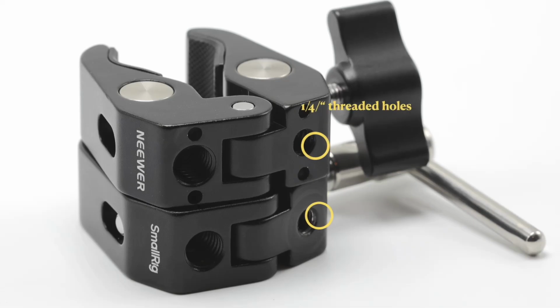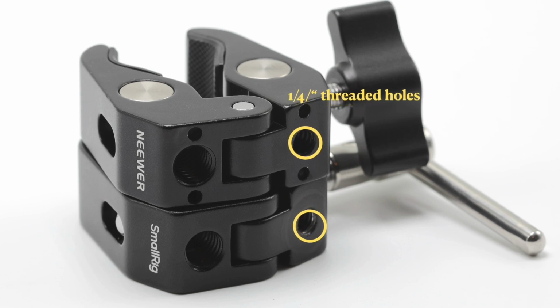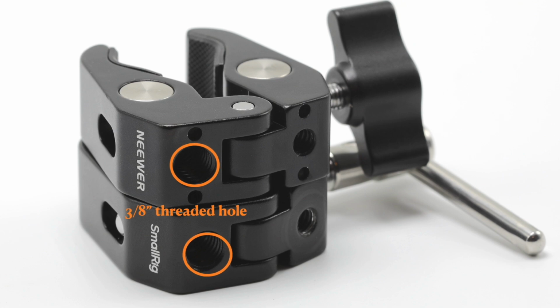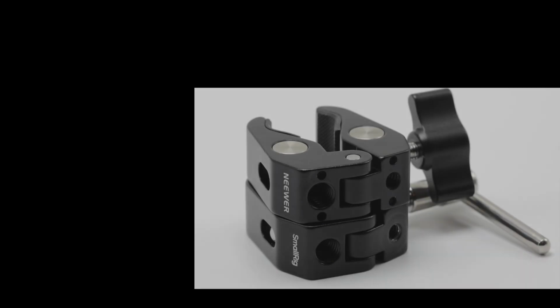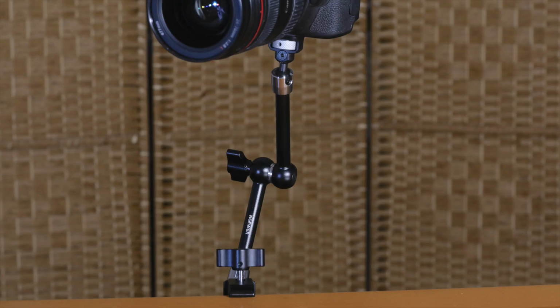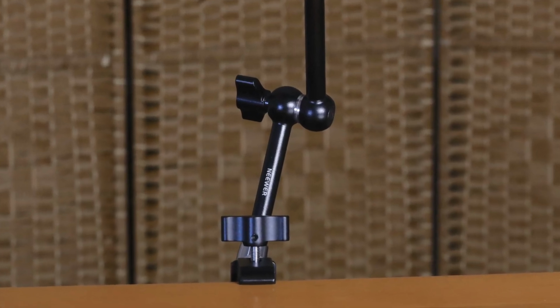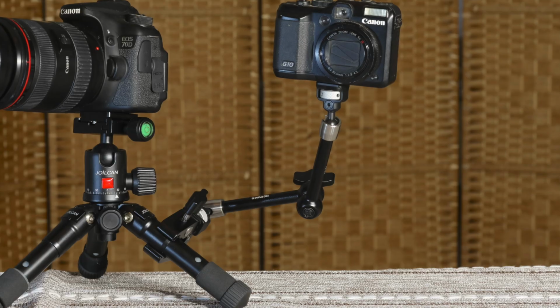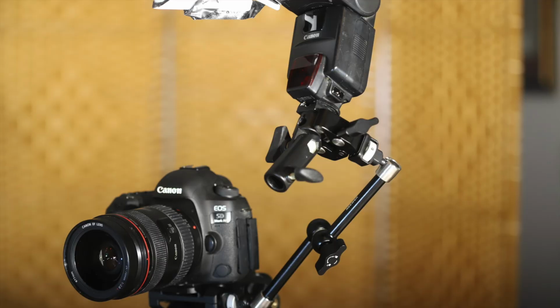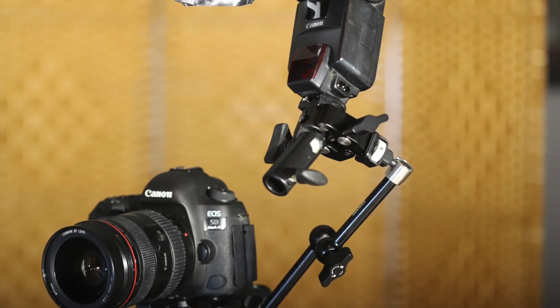The clamping mechanisms both have a 1/4 inch threaded hole, and also a 3/8 inch threaded hole. The difference between the two is that the newer clamp has locating pinholes in it. Here we have a couple uses for the clamps. Table clamp, put on your tripod,